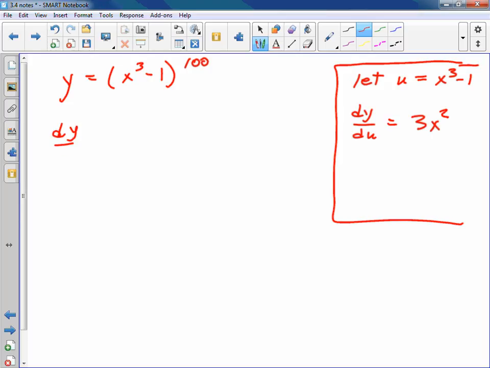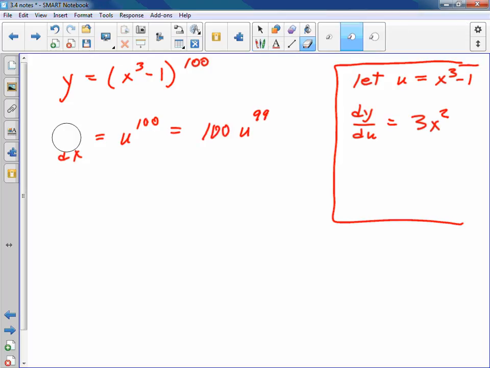dy/dx equals u to the 100 equals 100u to the 99. Oh, wait, this should have been du/dx, my bad. Or dy/du. dy/du equals u to the 100 equals 100u to the 99th. I just went 100 minus 1. And then I have to go times